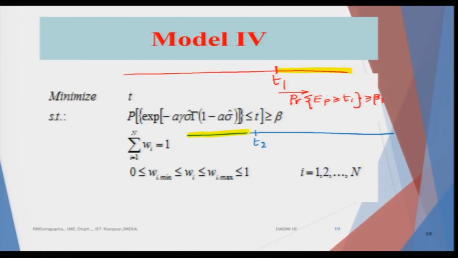So, your risk would be less than T2. So, this is true. What we will ensure is the probability, this V is variance, the suffix means for the portfolio, I am not writing the total formula, is less than or equal to T2, that is greater than or equal to beta 2. So, we will try to basically ensure that, and if I consider both of them separately, they will be single objective function optimization problems based on some constraints, and if I combine them, it becomes a multi objective problem.